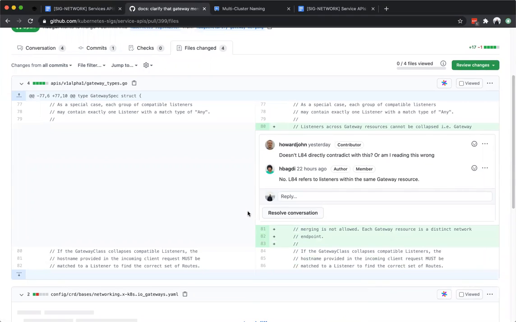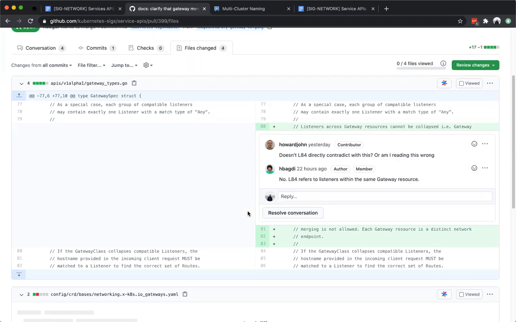So Harry, if I'm understanding this, you're trying to add documentation that you cannot merge listeners from multiple gateways, but you can merge listeners within the same gateway, right? Yes. This is primarily because the ingress resource has such a vague specification that some controllers do ingress merging, some controllers have a dedicated gateway for each ingress resource, and it gets so confusing.